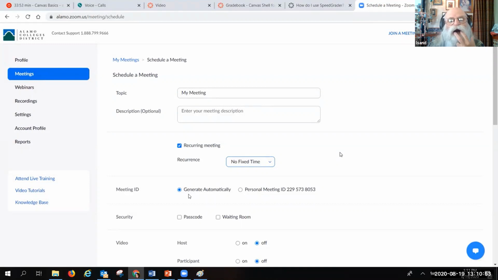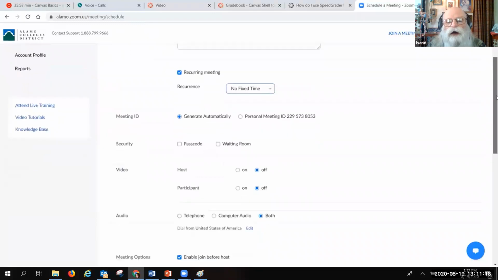Another great reason why you should keep a Zoom meeting at no fixed time is that it allows you to make any adjustments on when you're able to meet with your students. If you did create a Zoom meeting with a fixed date and time, you would have to create a whole new Zoom link to reflect any new changes that needed to be made with your students in Canvas.